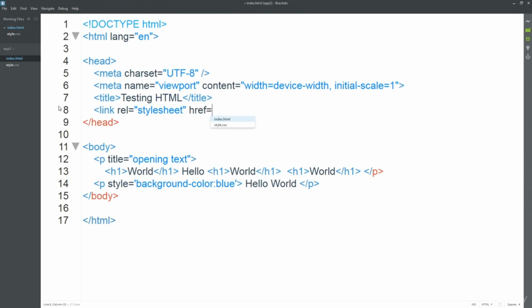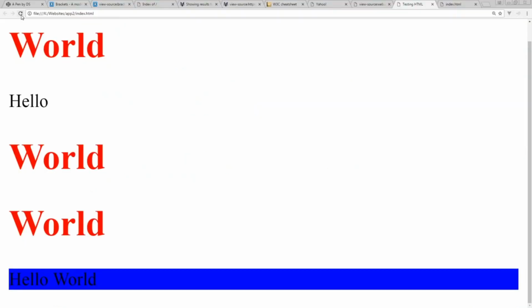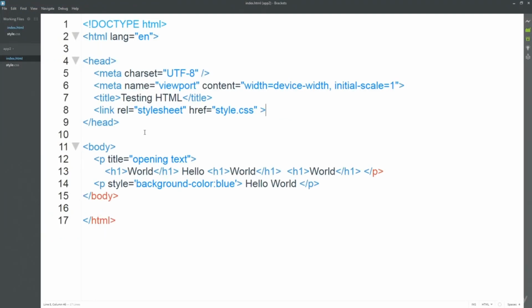And then the location of where the style sheet is located. So we've got it within that same root directory as index. So that's where style is, and then we just close that off. And now whenever I go out to the web page, we still get that same styling information. Although it's not contained within the page, it's doing the same job as being on the page, but it's linking